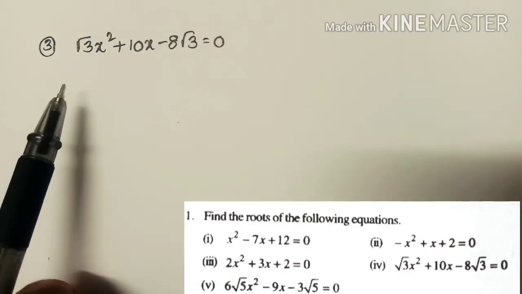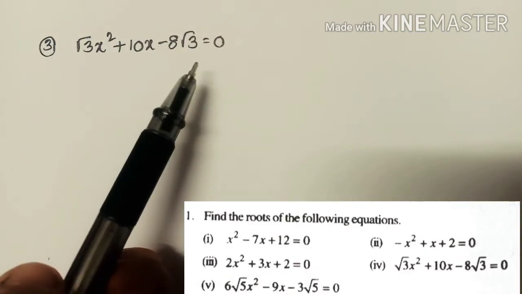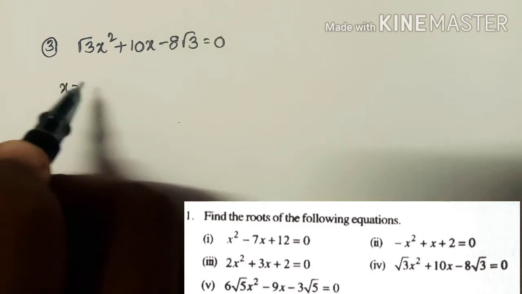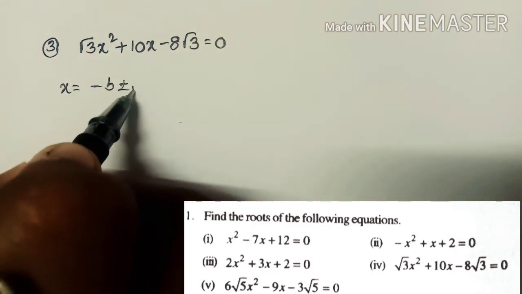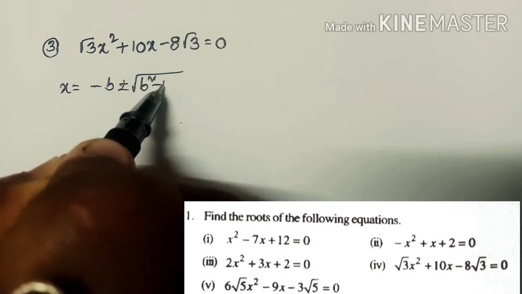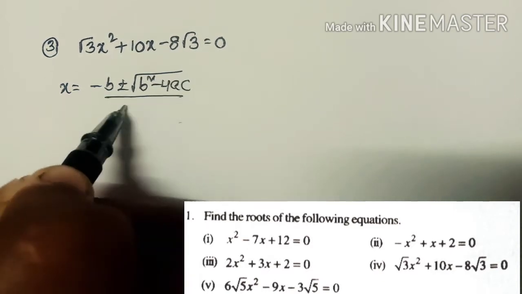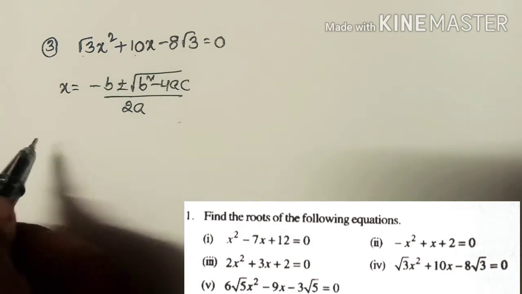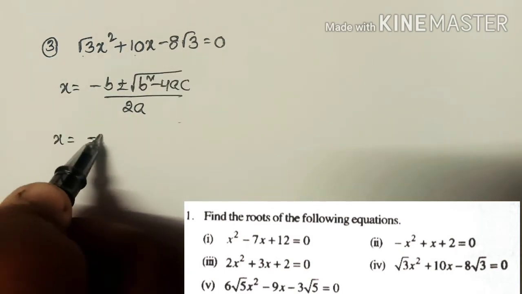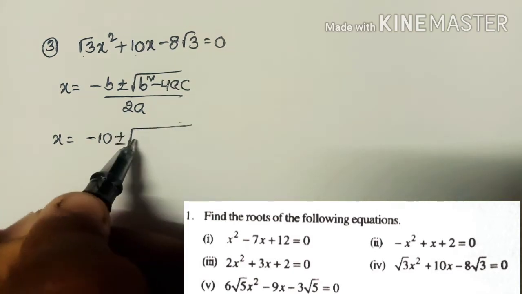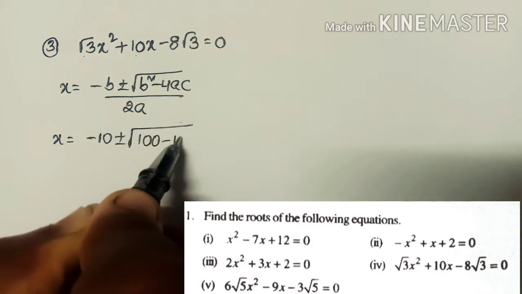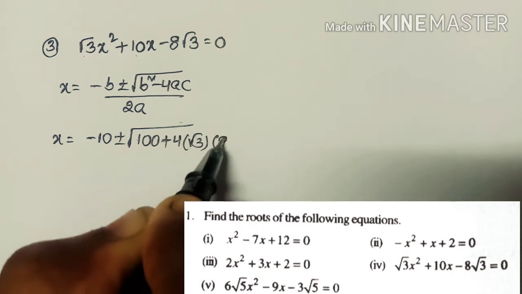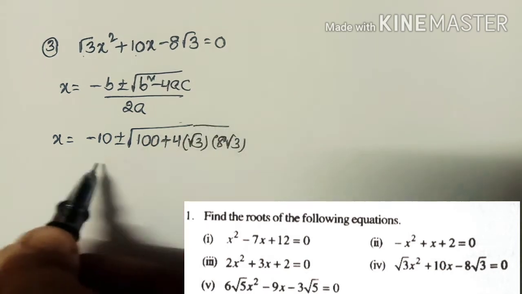And the next problem, root 3 x square plus 10x minus 8 root 3 is equal to 0. Here also we apply the formula. So first we write the formula, x is equal to minus b plus or minus square root of b square minus 4ac by 2a. a, b, c is equal to root 3, 10, minus 8 root 3. Therefore x is equal to minus 10 plus or minus square root of b square 100 minus 4 into a value root 3 into c value minus 8 root 3, that is minus of minus, plus 8 root 3